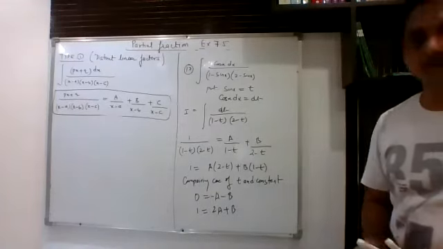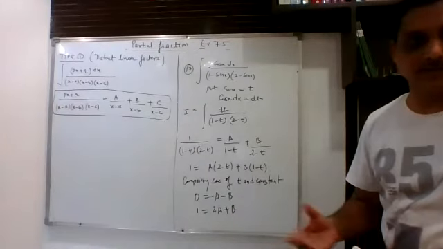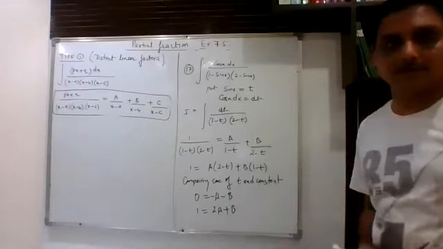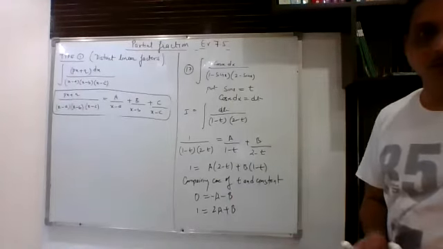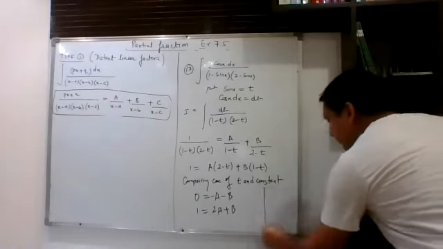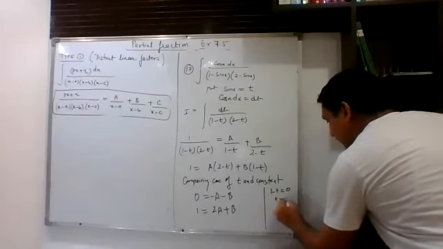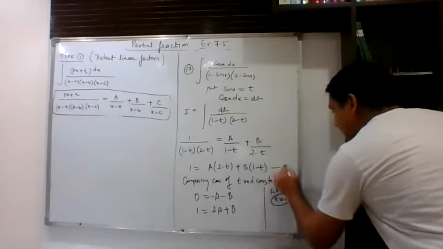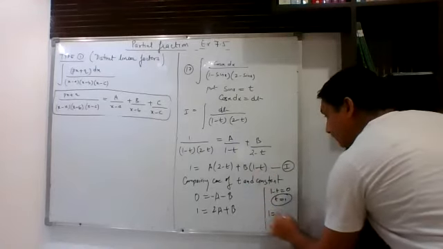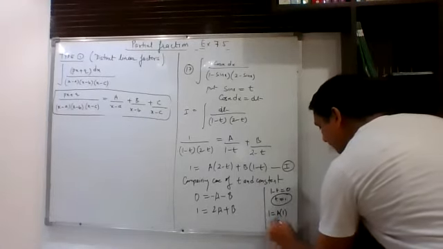Now here, either you can solve them simultaneously or you can apply a shortcut method also, so choice is yours. So here, either I can solve them simultaneously, but because it will not take much time, or you can apply that shortcut method to solve them. So if I want to apply shortcut method, then I have to put 1 minus t as 0, that is t is equal to 1 in this equation. So if I put t equal to 1 in this equation, then 1 is equal to a into 1. So a is coming out to be 1.